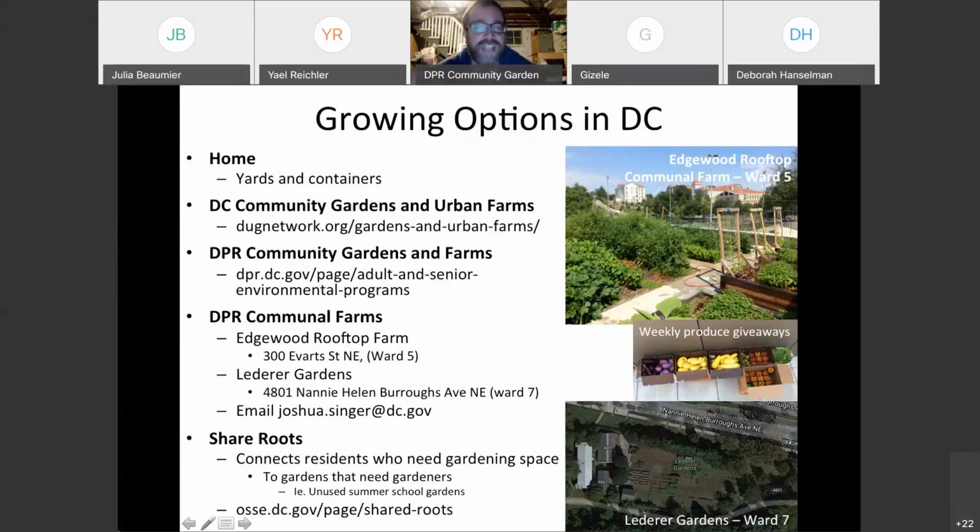It was kind of a COVID adaptation. We just built this really cool rooftop farm at Edgewood. Edgewood got a new rec center, just a little south of the Basilica at the Catholic University. It's about a quarter acre, not even a quarter acre. It's a small one, but it's so cool. It's like the most productive farm I've ever seen. It has perfect drainage, fertile soil, like expanded shell with compost mix, and it's just the most productive place